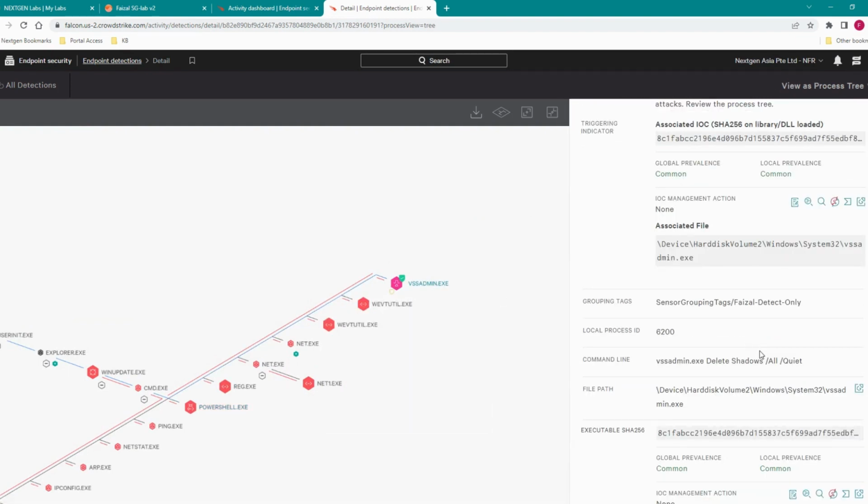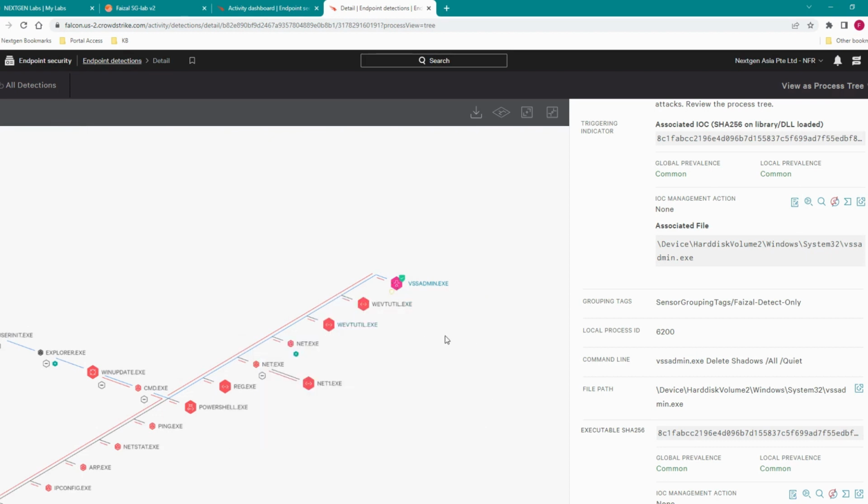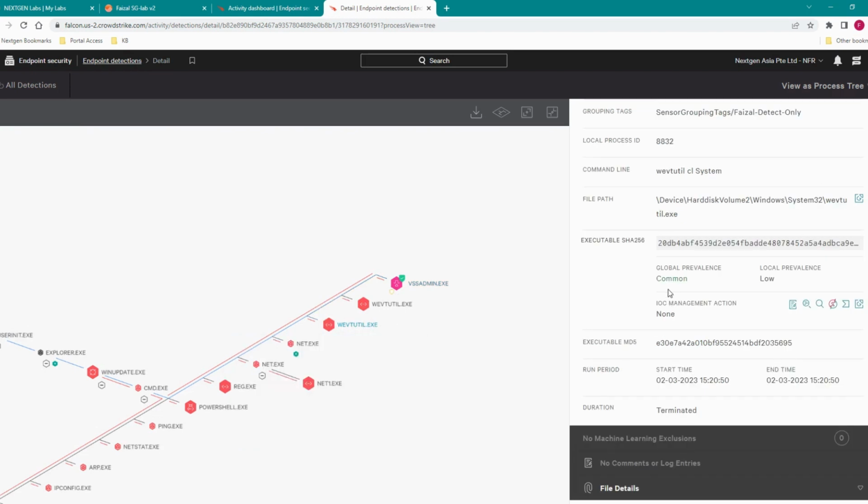But luckily, one of my policies is to block any process that is trying to delete backups, and with that, it will block that particular process and disconnect the connection from my Kali Linux to my victim, which is shown by this small green shield with a white tick here. Even though the adversary deletes the victim endpoint's Windows system and security logs, which is also shown on this particular event,